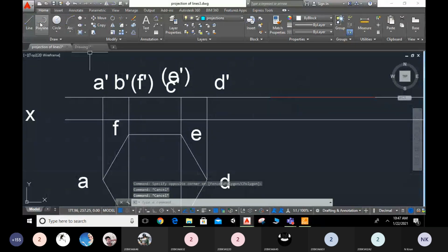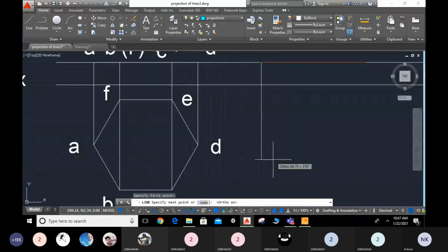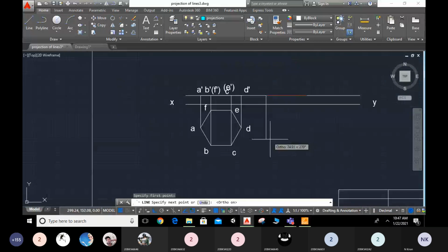Now I will select these lines. I will project these lines from here. See, this is a line. I will project. I will turn on the ortho mode and I will project somewhere here, like this. Escape. As I have drawn one line from here to here, I can get the endpoints easily, like that. See, immediately if I'm moving like this, I can project easily.